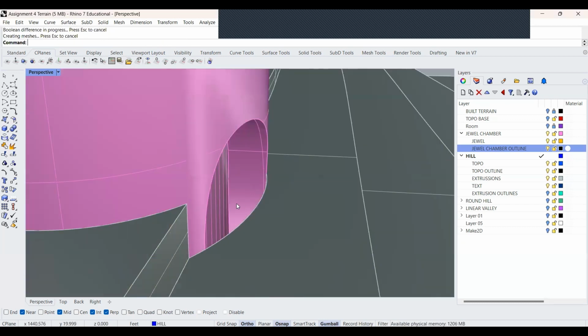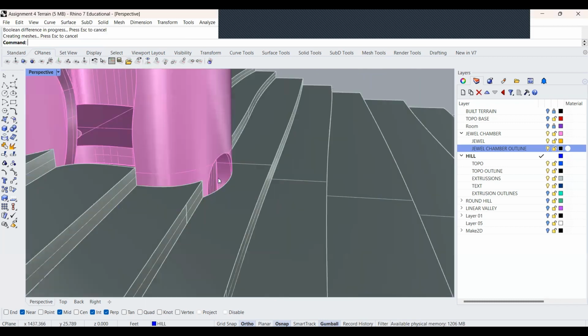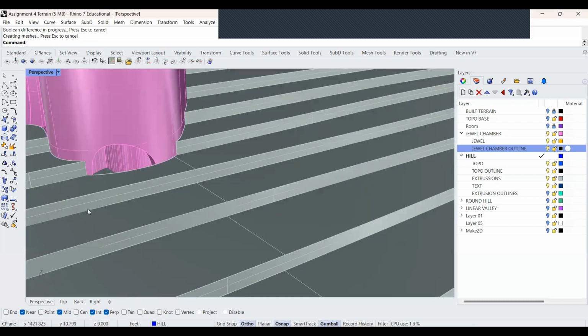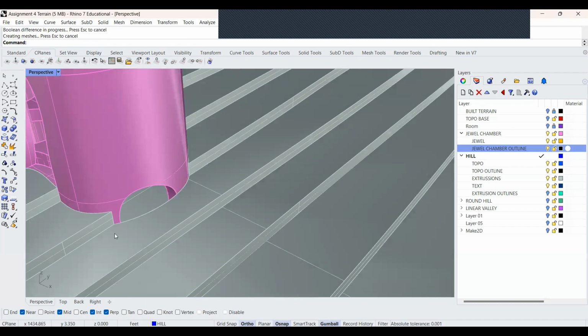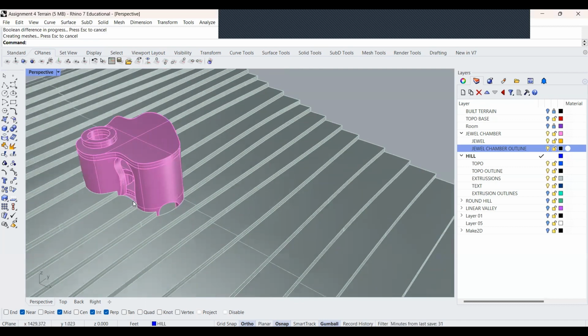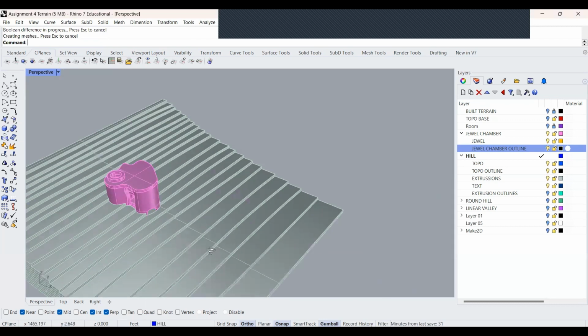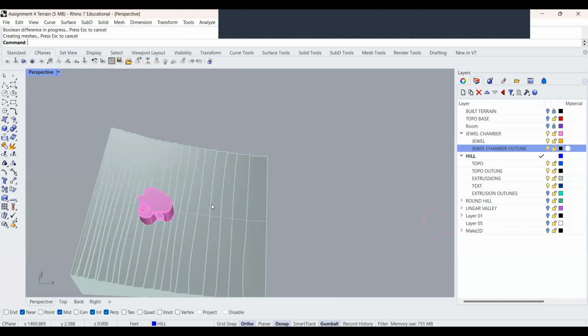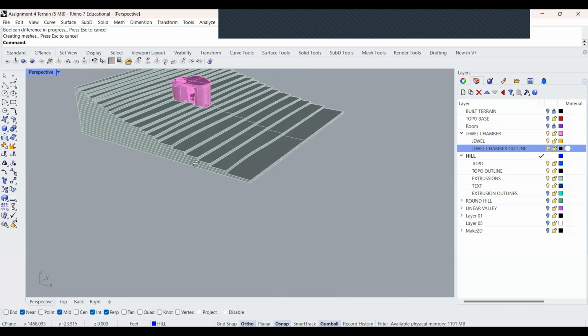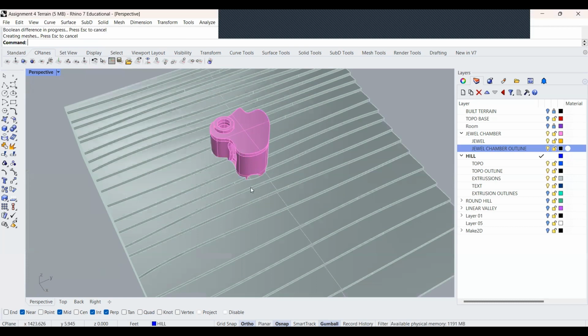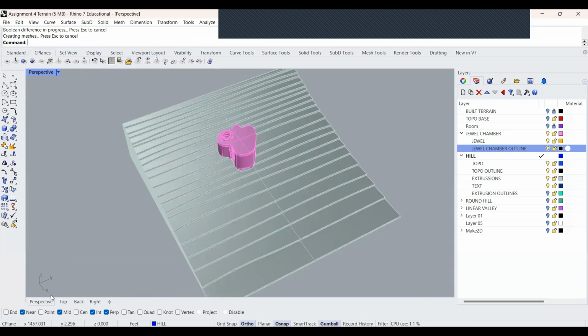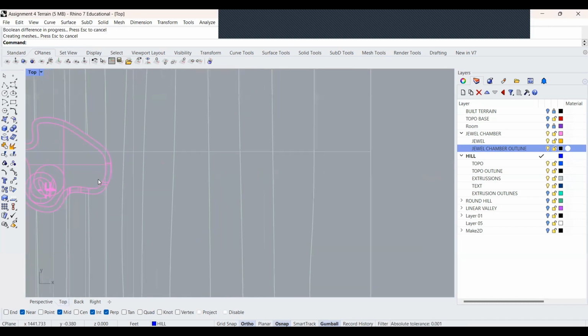So now I have an exact opening for my jewel chamber, but I want to make a pathway that's specific for my opening down here, and I want to make this one a little bit bigger. So to do that, we have a couple options. For this bottom path, you can continue to Boolean difference by going into top view